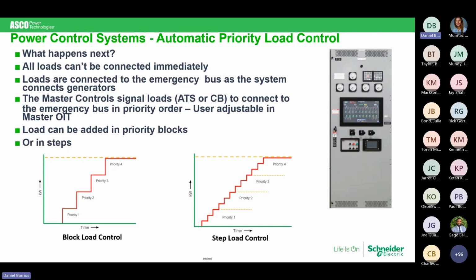Well, you may not be able to do anything about the priority 1 loads. You may need to step those on, and sometimes those are small loads. Life safety may be a 100, 150 amp type circuit or such. But as you go up into the priority 2, 3, 4, you may end up with chillers or larger horsepower ventilators, motors. When you're working with your genset manufacturer, you know that there's only an acceptable dip and recovery that you want each time you add a load.